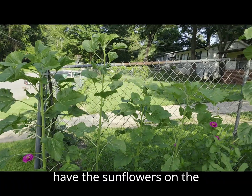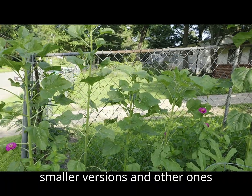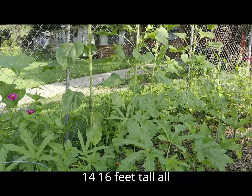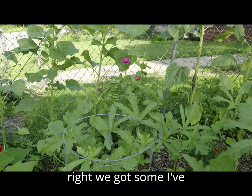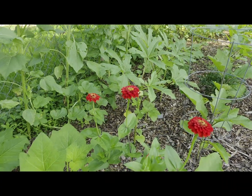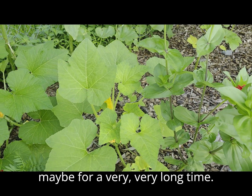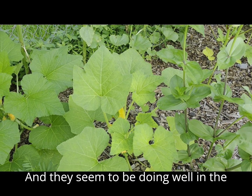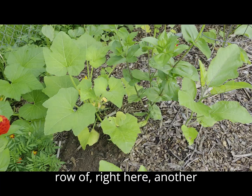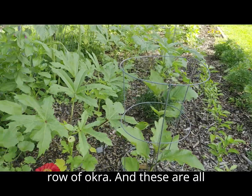And then we have the sunflowers on the back side, and some of these are smaller versions, and other ones are like mammoth versions, which grow like 14, 16 feet tall. All right, we got some crookneck squash in here, and I haven't grown squash maybe for a very, very long time, and they seem to be doing well in the ground. And then I have a row of, right here, another row of eggplant and a row of okra,